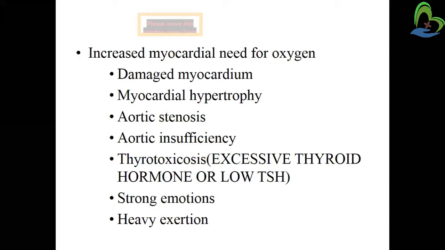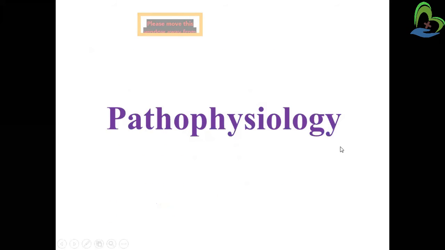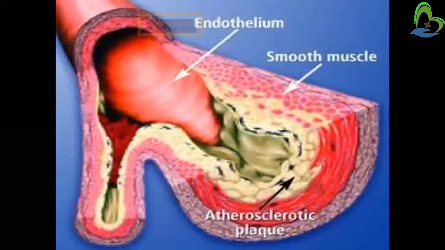In case there is an increase in total blood volume and a decrease in systemic vascular resistance, these affect the preload, increasing it, and decrease the afterload, and are accompanied by an increase in heart rate and myocardial contractility, and this will result in a high output cardiac state. Then strong emotions, again, it will occur, and heavy exertional activity we will see. What is the pathophysiology of that? You can see that this is the endothelium of the inner blood vessels.